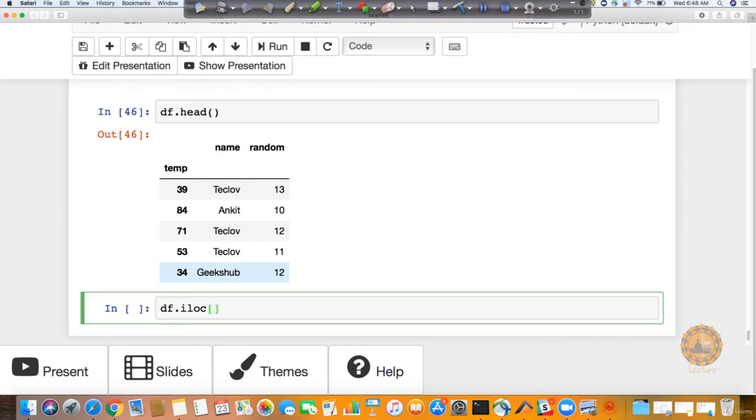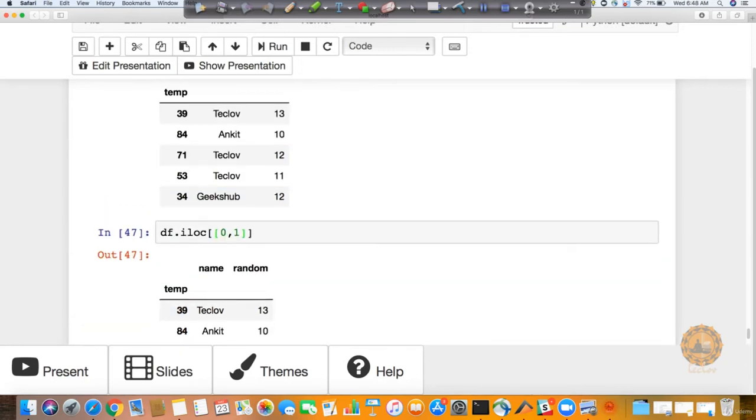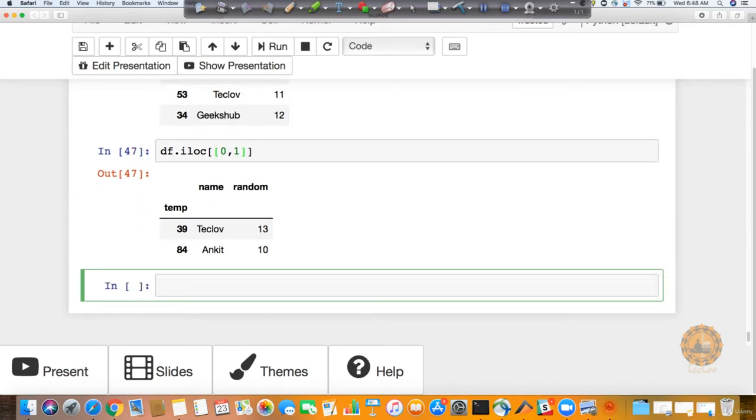Now in this also you can just define your row indexes, like let's say 0 comma 1, and you can notice that the first two values, like 3984, are showing up in front of you here. Just like your normal indexes, in the same way you can also perform everything with iloc. For example, let's say you can say df dot iloc,